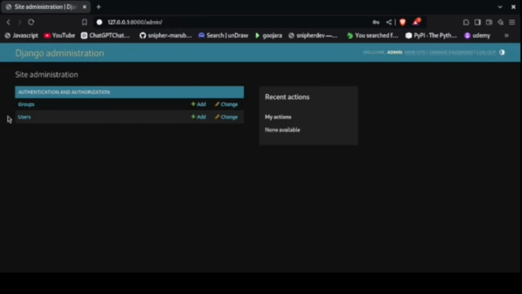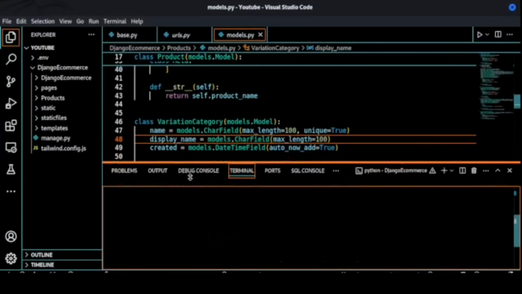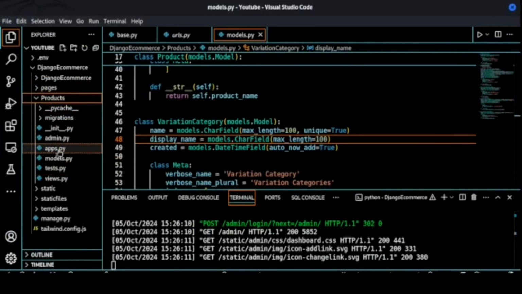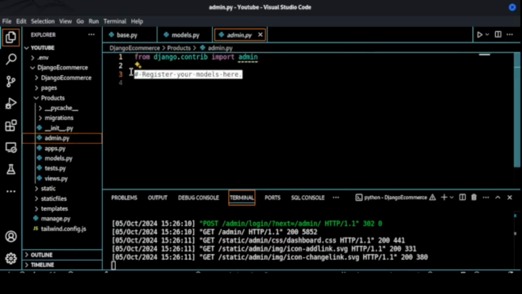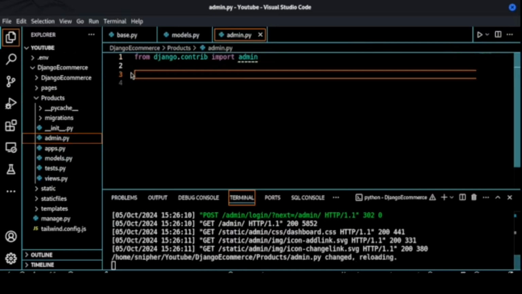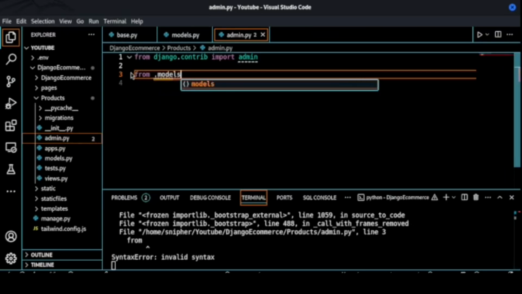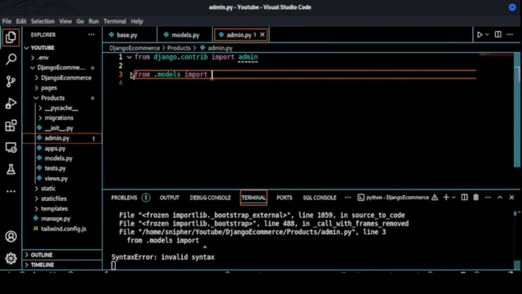So you can see we have managed to log in, but our models have not been reflected. So we have to register them in our admin file. Okay. So to ensure that we are registered, go to the app, which is product, and then in admin.py is where we will register our models. So first of all, we need to import them. So from models import category, product,